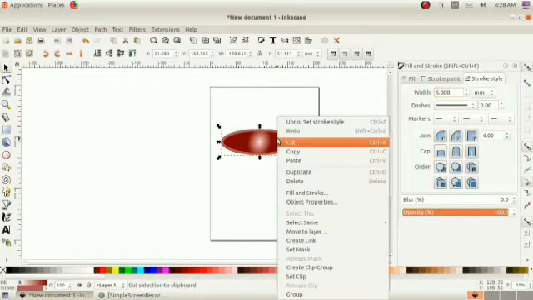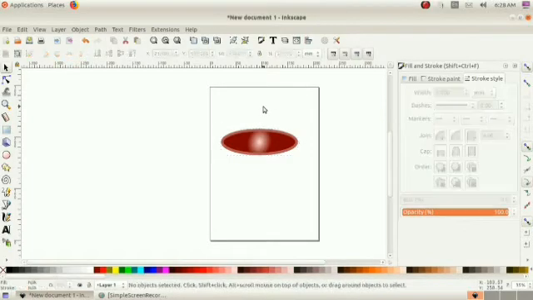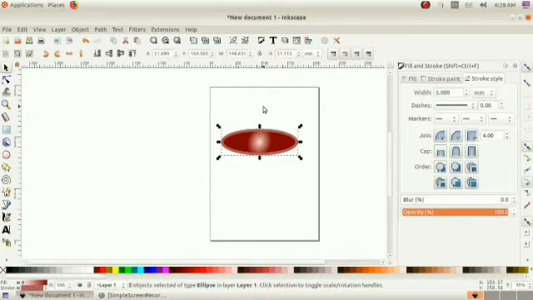Then take a duplicate of this. Select it with Control A, then right click and select duplicate. Then use the Shift key and mouse button, and we can reduce the size of the circle proportionally.